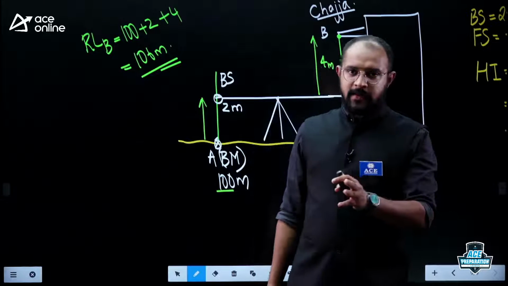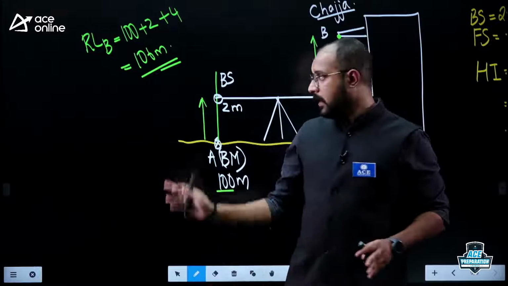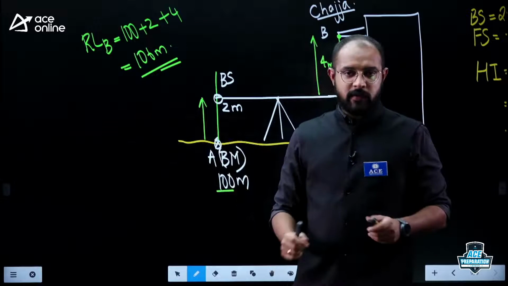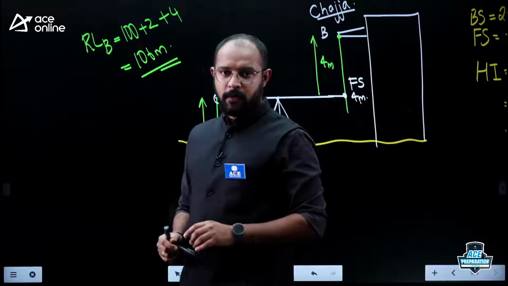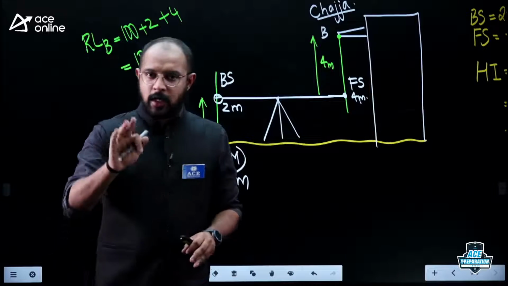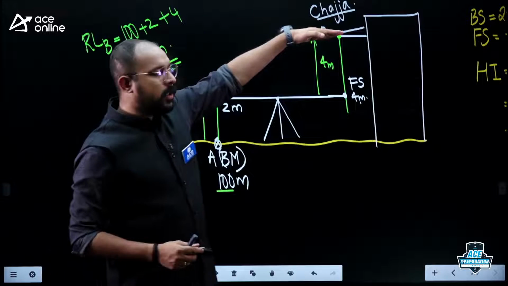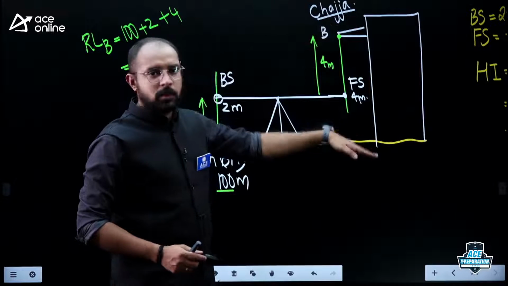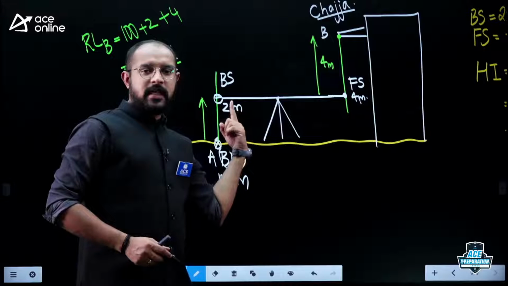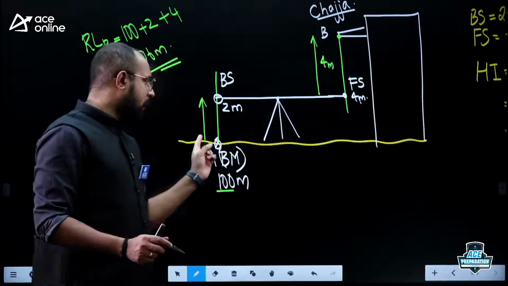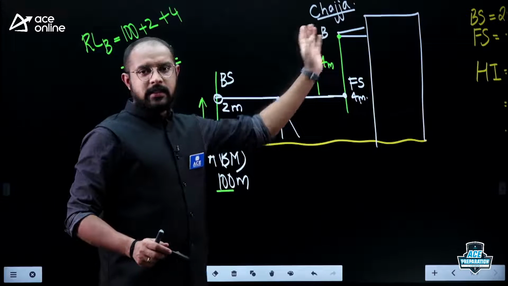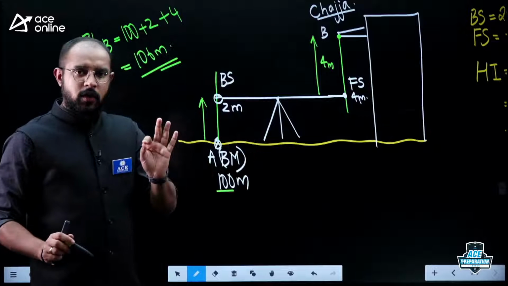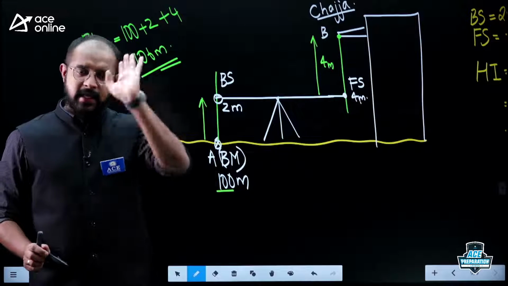For your competitive examination, your multiple choice question examination, this is how you are supposed to solve it. Read the question very carefully. Draw 3 lines. Represent who is above, who is below. Where is the inverted staff? Where is the direct staff? That's it. Now look at the figure and find the answer. 3 lines you draw. By the end of the 3rd line, you will directly get the answer.